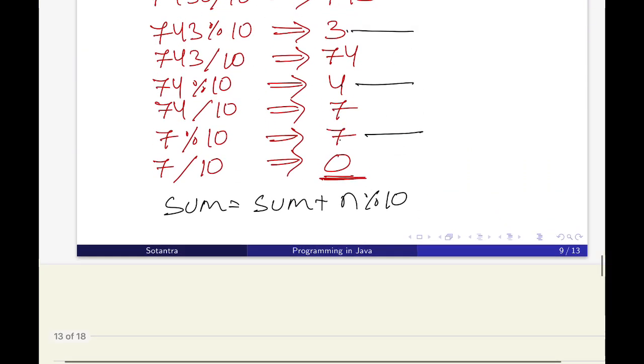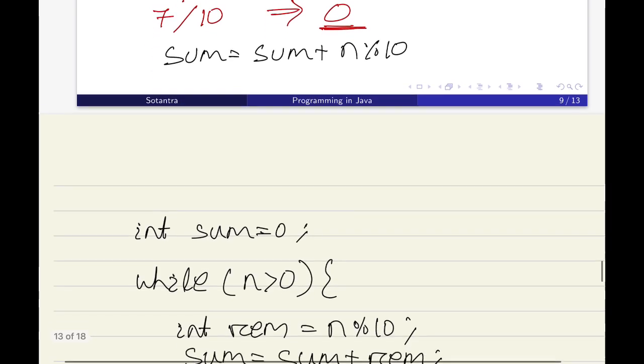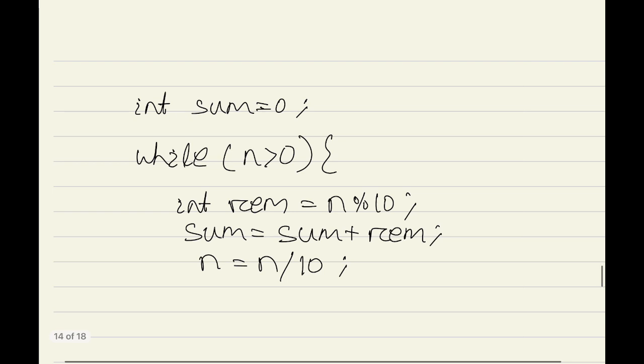Here you can observe: 743 by 10, then 74 by 10, then 7 by 10, like this. So now complete the loop. We have already discussed this in detail while we were discussing loops. So if you are facing any difficulties, you can go through the loop lectures.